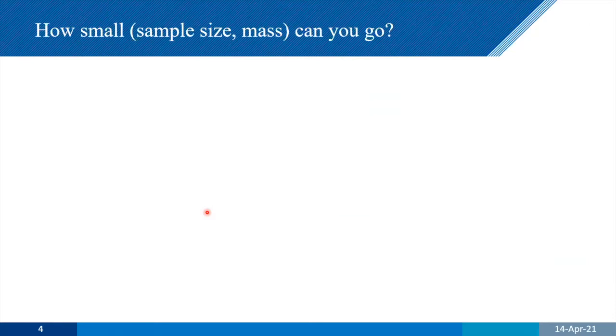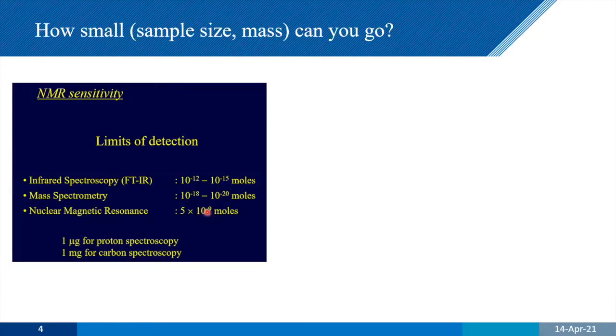So how small can you go? If you read textbooks in, say, analytical chemistry, then the problem with MR in general is it's incredibly insensitive. If we compare it with other spectroscopic techniques, infrared, mass spectroscopy, then we're orders of magnitude less sensitive, intrinsically, because we've got this Zeeman term in our energy levels, and there are just so few, the splitting is so small, and we can only detect that excess in the 2 energy levels, that intrinsically we're way down. And so typically we need about 5 nanomoles, something like that.